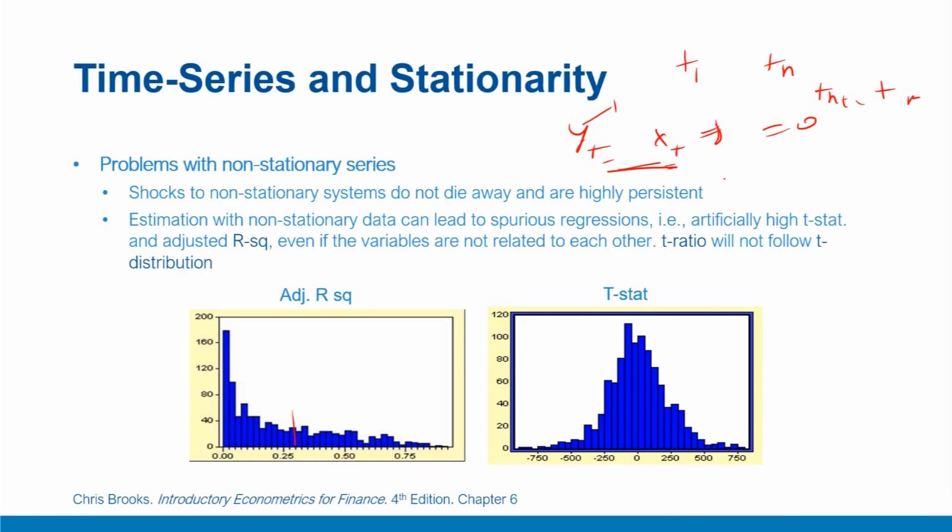But when you sample these processes maybe 1000 times or 500 times and plot them, this kind of adjusted R square measure will appear. In fact, many times it is even more than 50%, that is 0.5. Similarly, in a strict theoretical sense, the t statistic from the regression should follow a t distribution, which means almost 95% of the observations should lie between plus minus 2, close to plus minus 2.